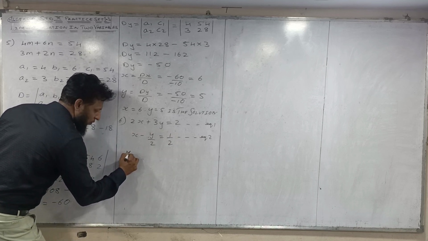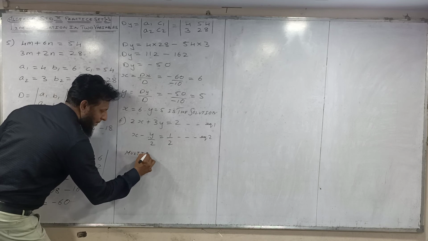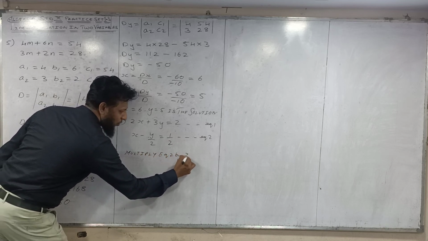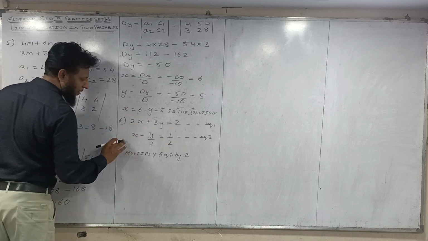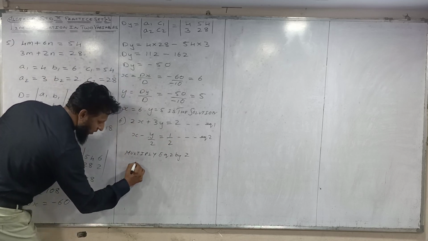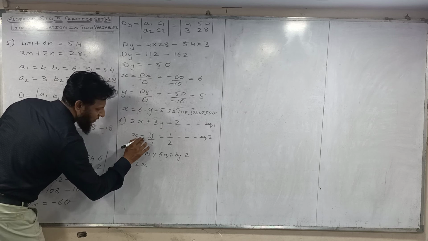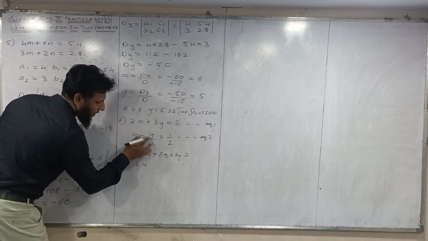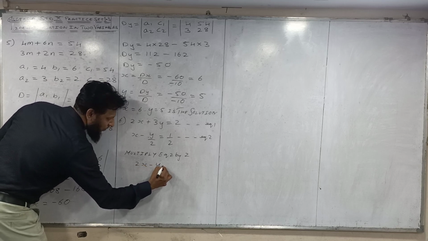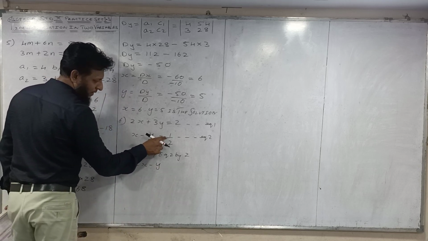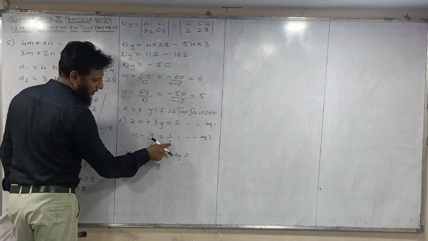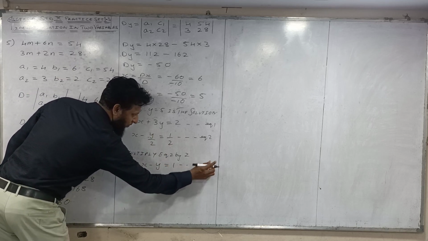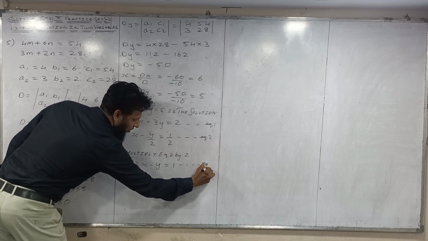So what we have to do, multiply equation 2 by 2. So when we multiply this equation by 2, this 2x, it will become 2x. This when you multiply by 2, 2 ones are 2 ones are cut, that means only y. And when we multiply this by 2, 2 ones are 2 ones are, only 1 will be left. So this is our new equation 3.